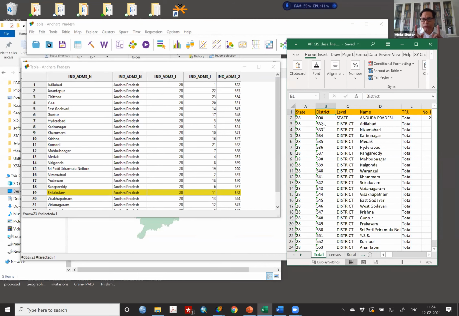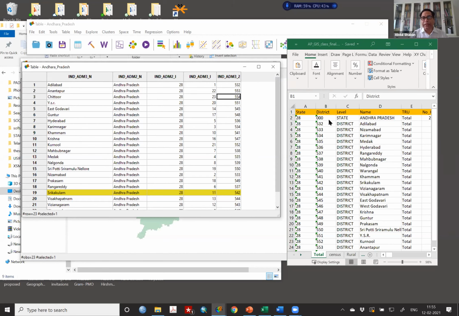Now you see some very important things, note them down. There are two important things here: the ID variables which are located in your GeoDa file table and also your Excel file table. And they must be the same. They must be the same in the sense that this is also created as text, and this is also basically text rather than a number, so that after creating the number, you can put it in as text.